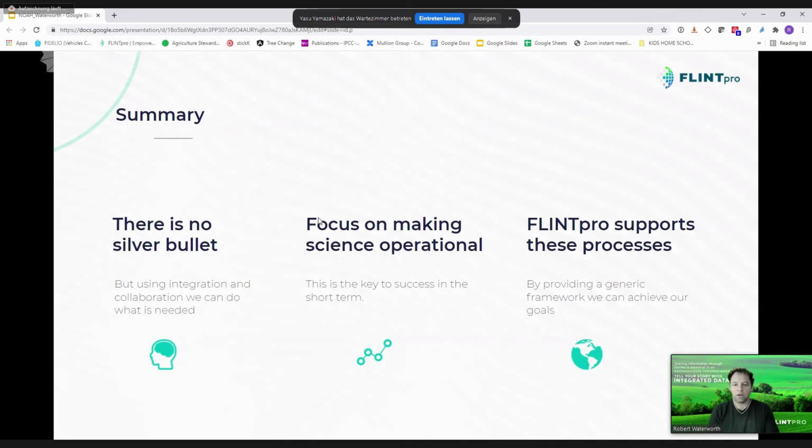So with that, I'll stop, but I'd like to just have 3 quick summary points that would be great for everyone to take out of this. The first one is that there is no silver bullet for this issue. There isn't one piece of technology, be it a satellite or a model or some ground measurement technology that's actually going to solve this. The only way to solve this is through integration and collaboration. Then we can actually achieve what we need to do.